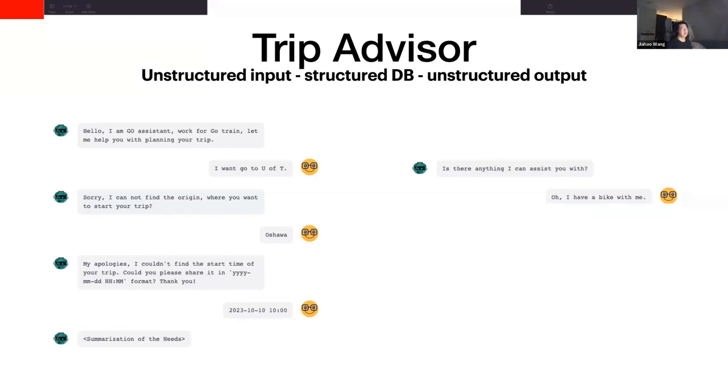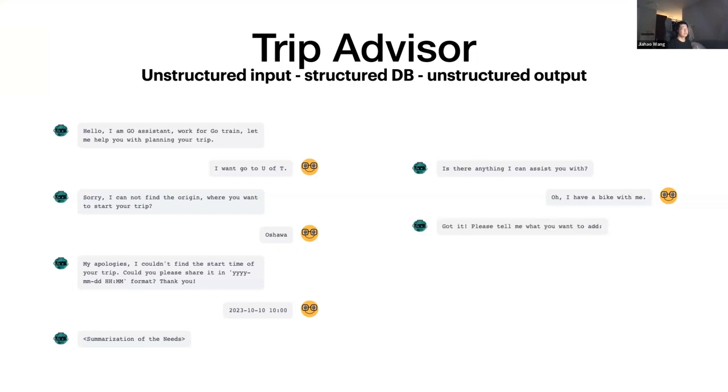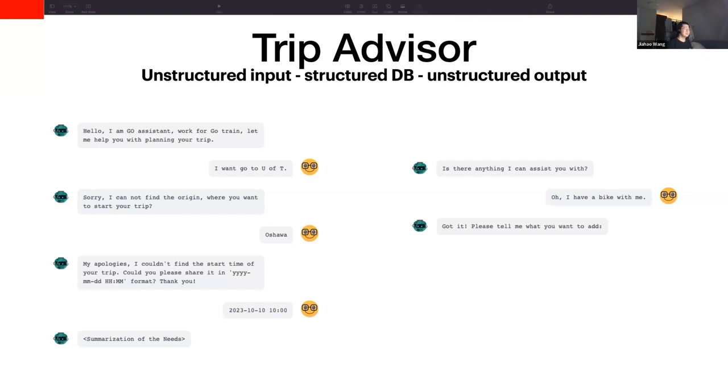So I said, oh, I have a bike with me. The assistant keeps thinking about whether you want to continue this conversation, or whether you've provided enough information and want the assistant to do the search.